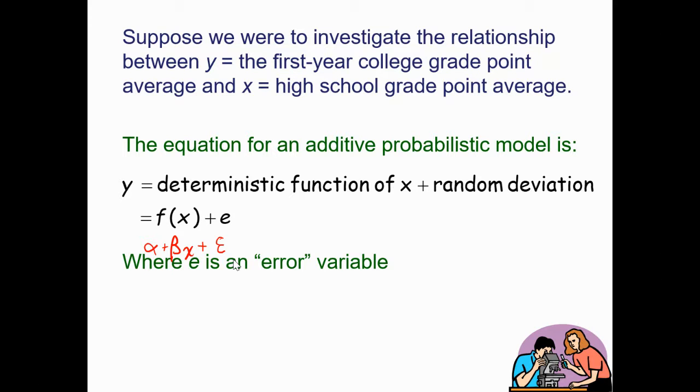Another name for the deterministic function of x, this alpha plus beta x, is your population regression line. So alpha plus beta x is your population regression line, where alpha is your y-intercept,